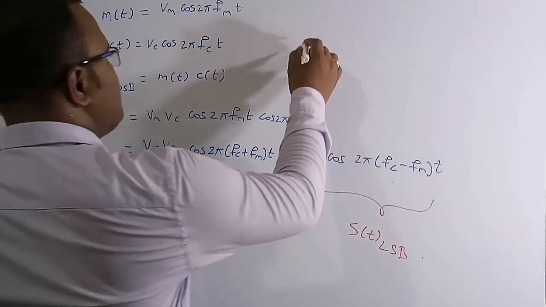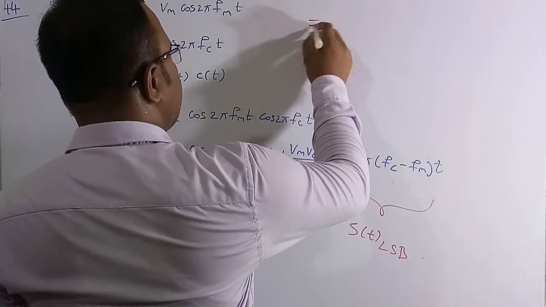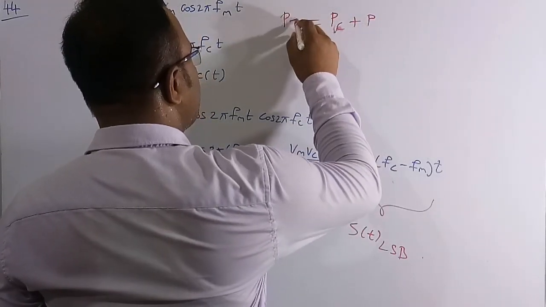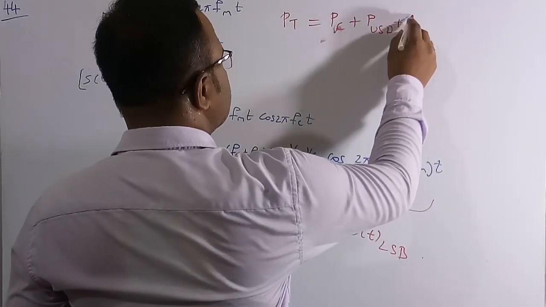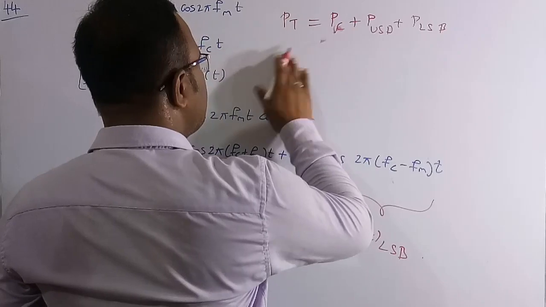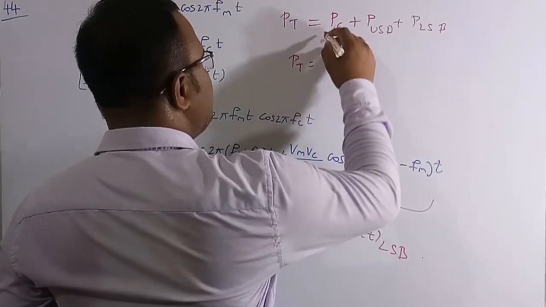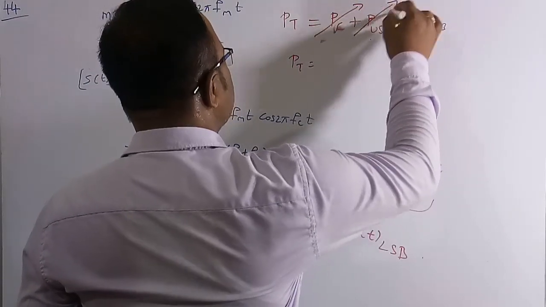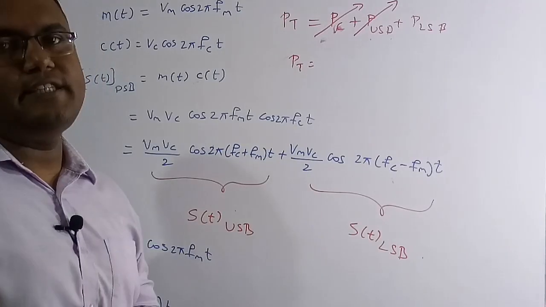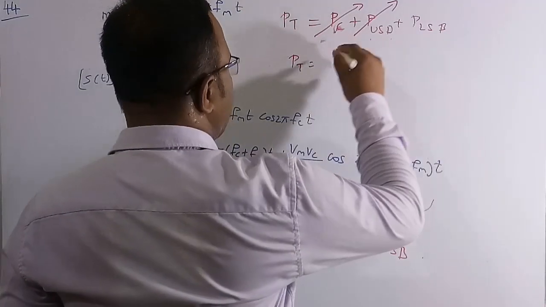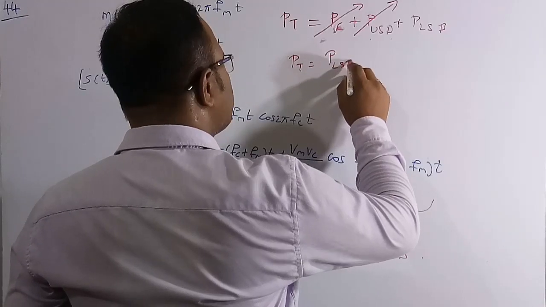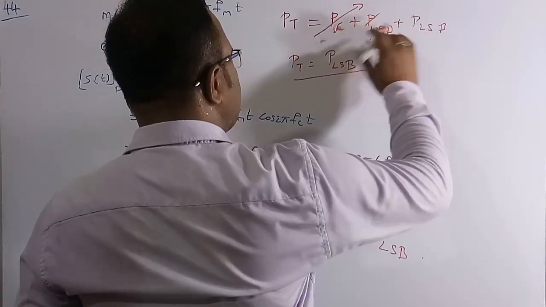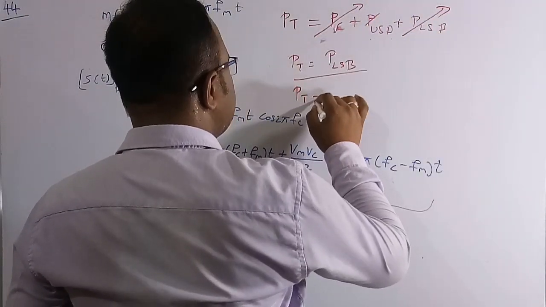Single sideband means nothing but, previously I have told you that total power PT is equal to the summation of the carrier power PC plus upper sideband plus lower sideband. In the single sideband, what is going to happen is that in the total power, only this is removed, or out of these two terms one is removed. Let me assume this term I am going to remove. So single sideband means it is going to contain only one single band. Let me assume the single band is the lower sideband, so it is going to contain only the lower sideband. Or if you remove the lower sideband, then the other single sideband is only USB.